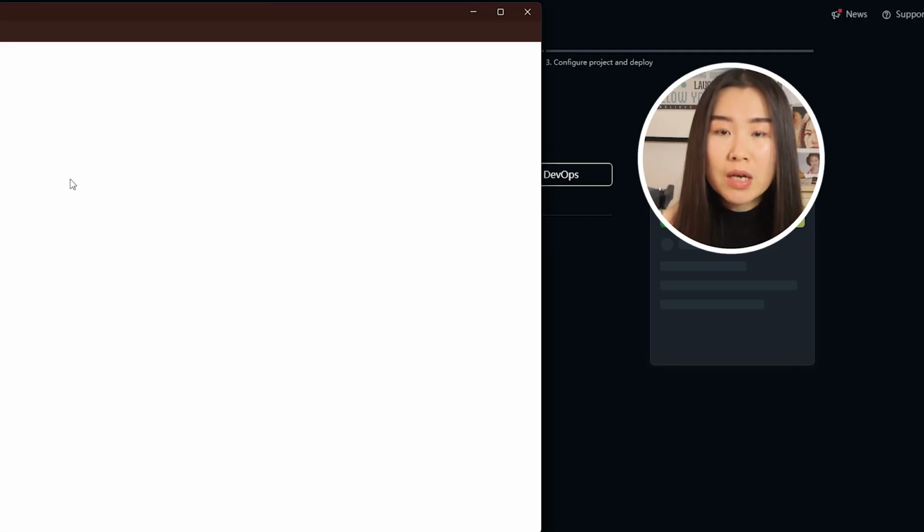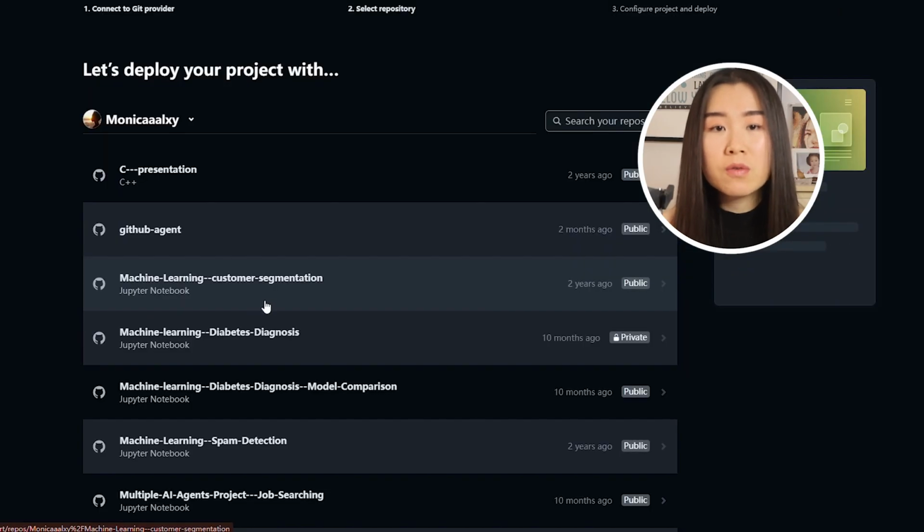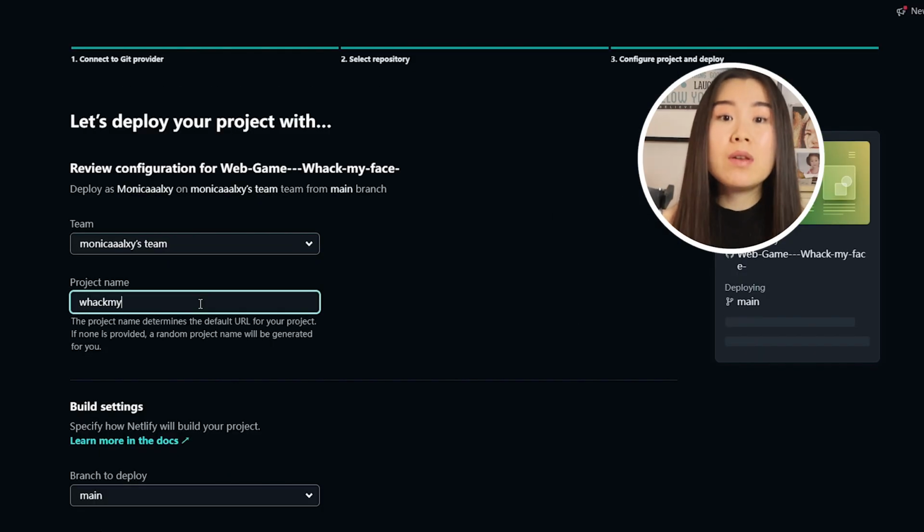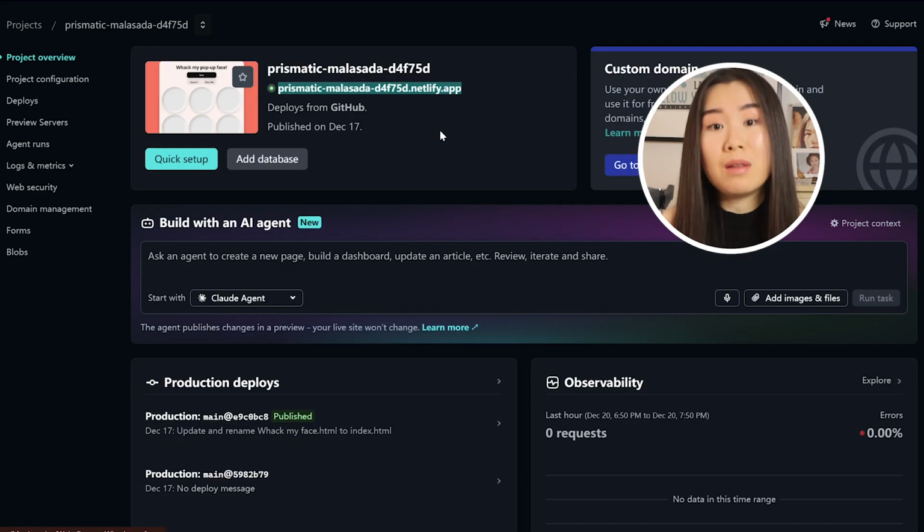We click the GitHub icon, authorize Netlify, and look for the repository we just created in GitHub. Give it a project name, and Netlify automatically generated a link. We click it, then we can have access to the web game. We already deployed this game successfully in this way, but if you don't want to upload everything to your GitHub